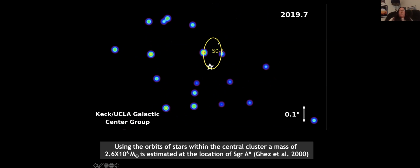The most famous one is the star that you'll hear a lot about tonight, called S0-2. This star orbits around Sagittarius A* every 16 years. So we're looking at something that's orbiting every 16 years, and it's 26,000 light years away. It's insane. And so using Kepler's laws, the same laws that we use to talk about the planets in our